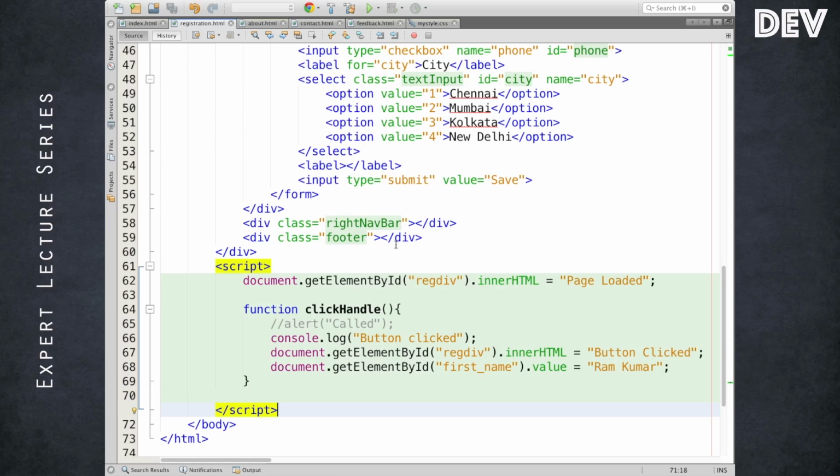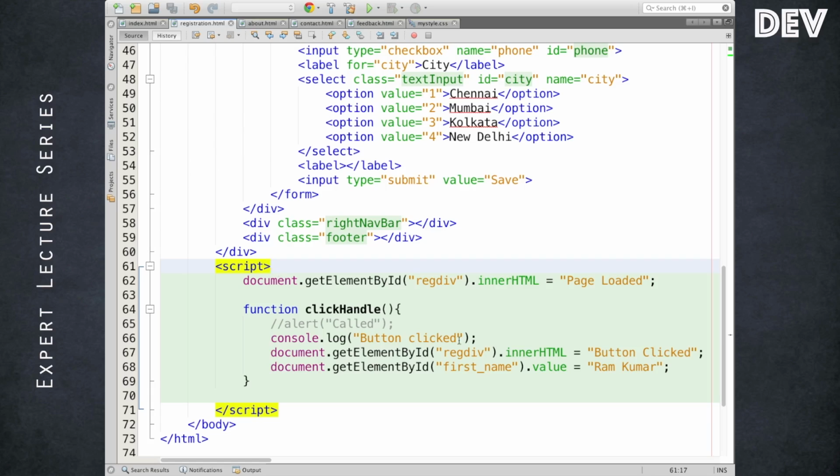But this is only something to worry about when you are doing some manipulation as the page loads immediately. If you are manipulating the DOM only through certain functions, triggered by certain events, you don't need to worry about where the script block is. But on page load or on document load or on window load, if you are making some sort of changes, you have to make sure the script block is placed at the end so that the entire DOM would have been loaded and the script block can easily take effect. And of course, I have already told you the placement makes sense. So you are the better judge to decide where to keep them.